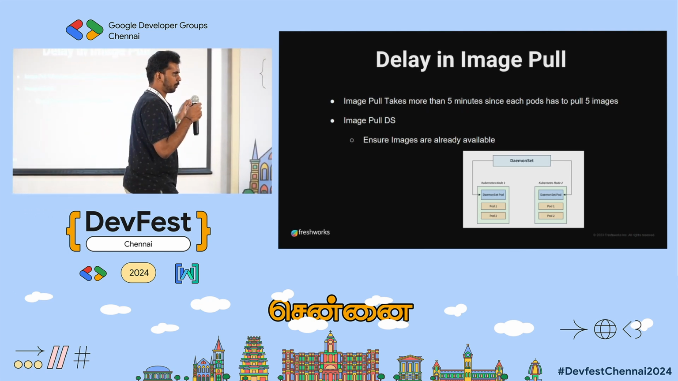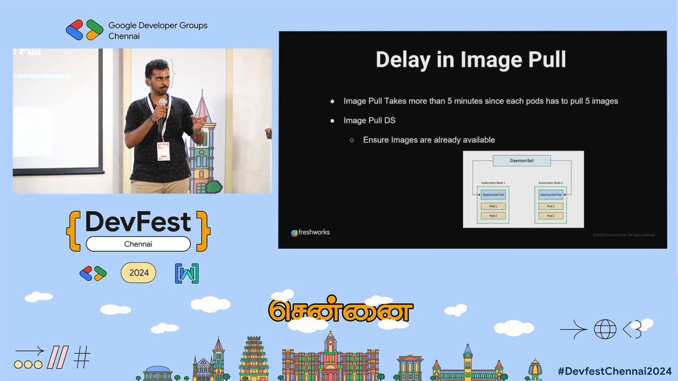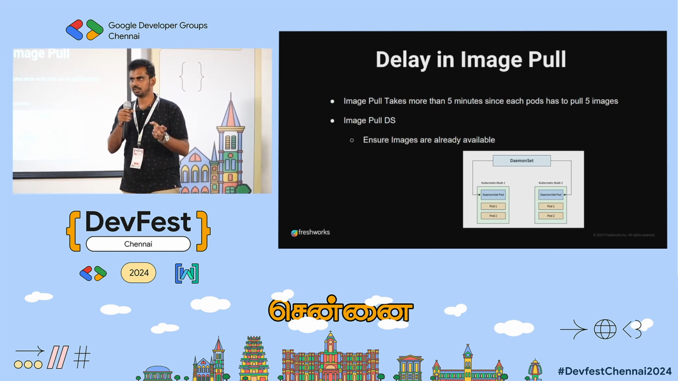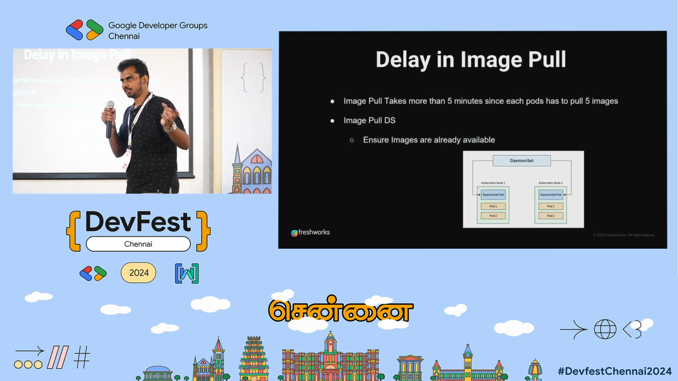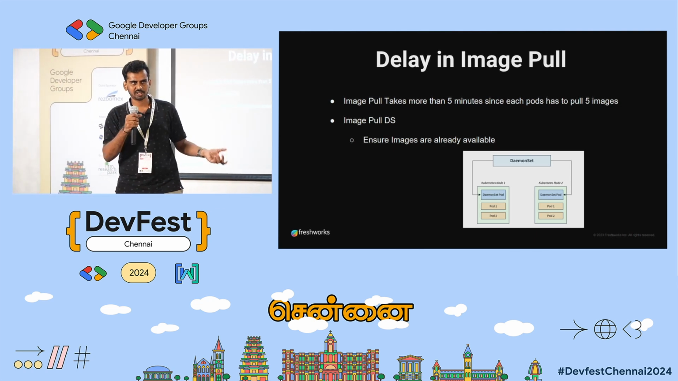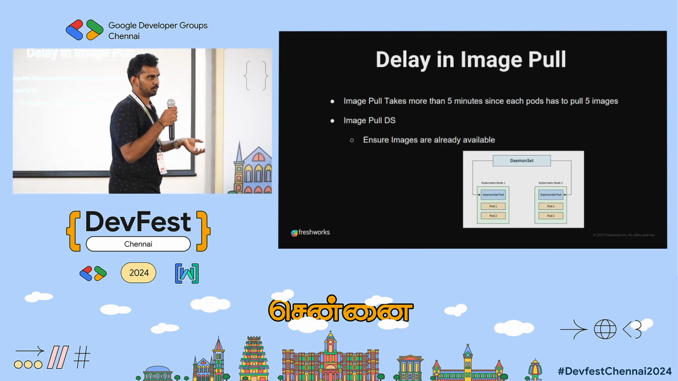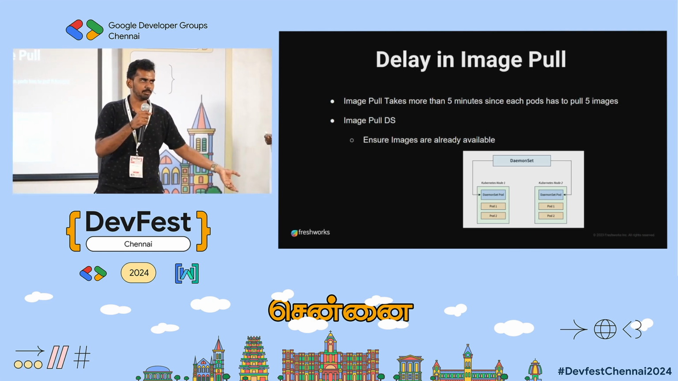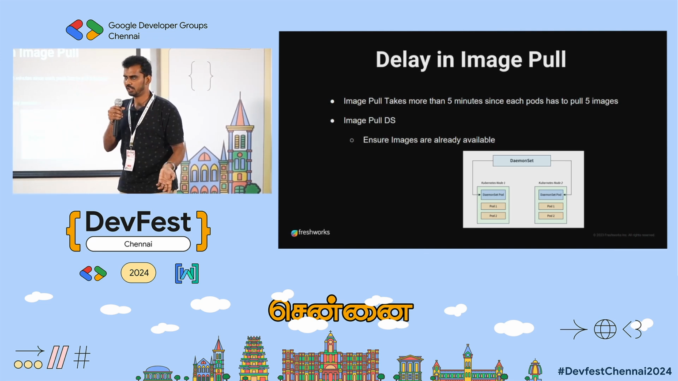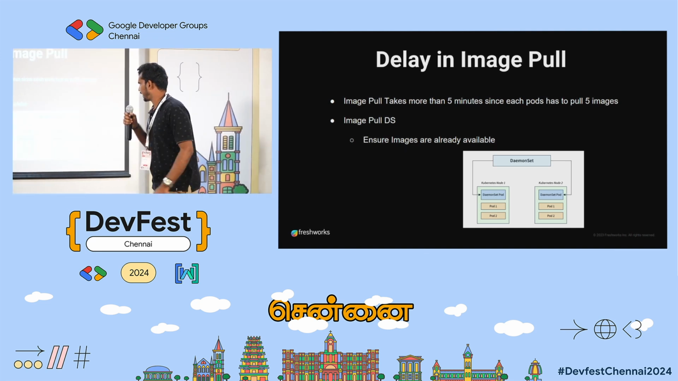The purpose of the daemon set is to host our app images. It will pull all those app images onto the node, so when the node is booted up, all the images are already present. When the app pods are booting up, the image is already there, so they boot up quickly. That's one part where we can decrease the time. And the second thing is